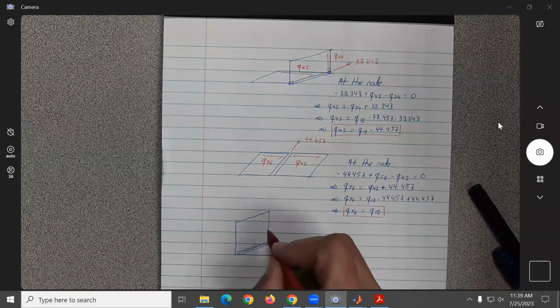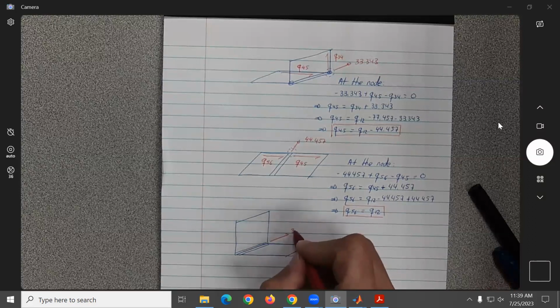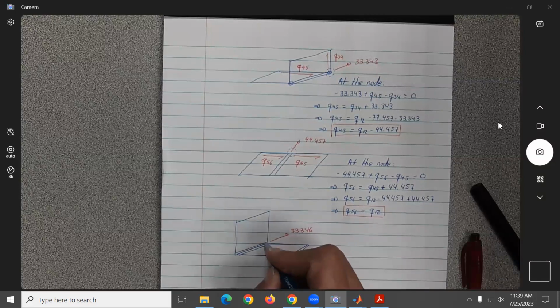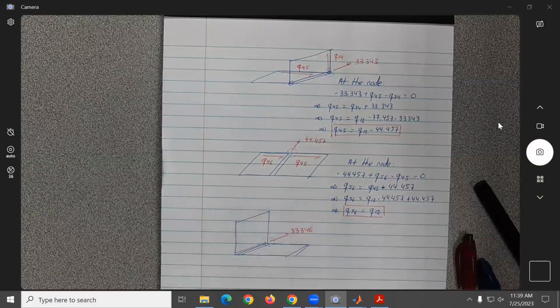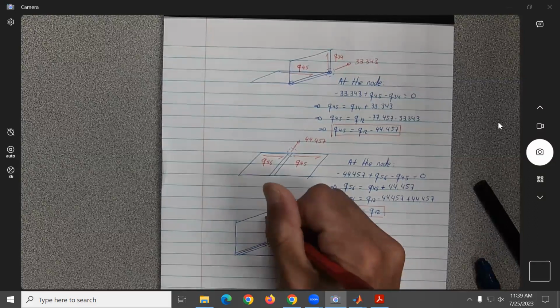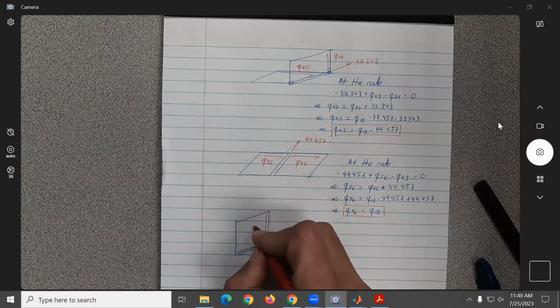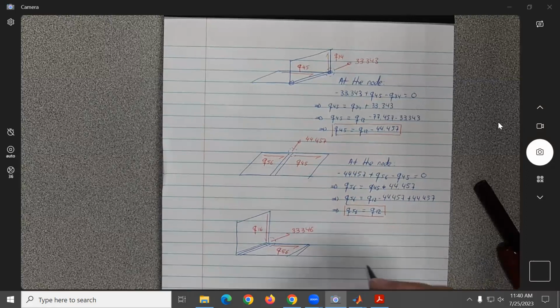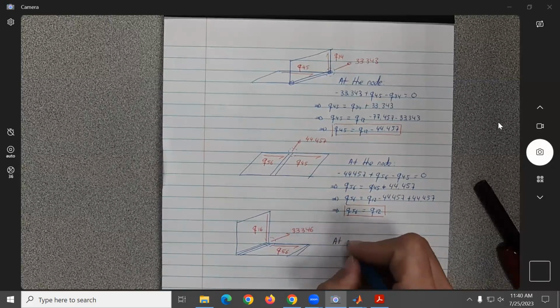So let's see, we're going to have here the 33.346. We're going to have here the Q56, the Q16. And we keep doing the same thing. So at the node,